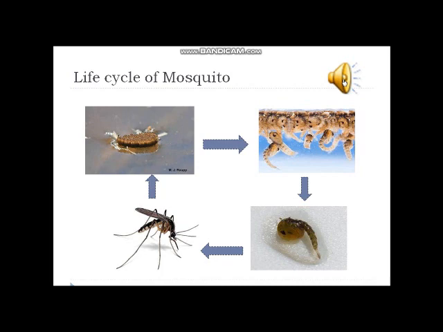This picture shows you life cycle of mosquito. The first phase of mosquito is your eggs. Eggs are hatched into your water. Then larva is there, and after the larva pupa will be developed, and pupa will be converted into your adult mosquito. Again adult mosquito hatches egg in the water. So this is all about life cycle of mosquito. Life cycle contains 4 phases: eggs, larva, pupa and mosquito.